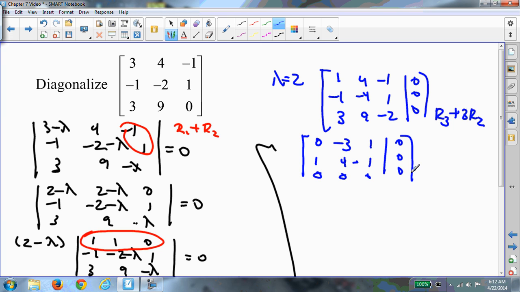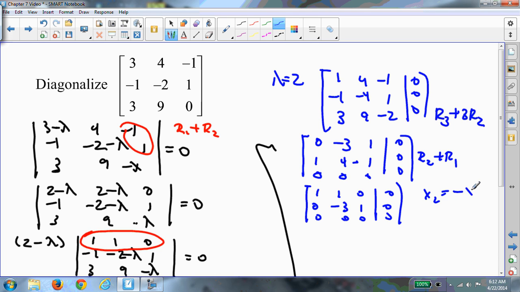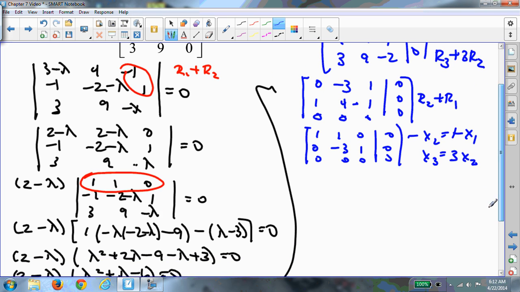And then let's see. If I do row 2 plus row 1, and then move that, I'm going to have 1, 1, 0, 0, and then this becomes 0, negative 3, 1, 0, and 0, 0, 0, 0. So I have x2 equals negative x1, and x3 equals 3x2. So let's make this x1 equals negative x2. So the corresponding eigenvector is going to be x1, which equals negative x2, x2, and x3, which equals 3x2, which means I have negative 1, 1, 3